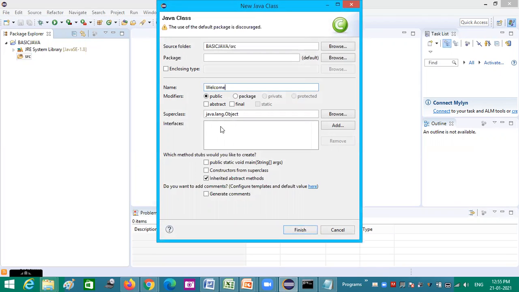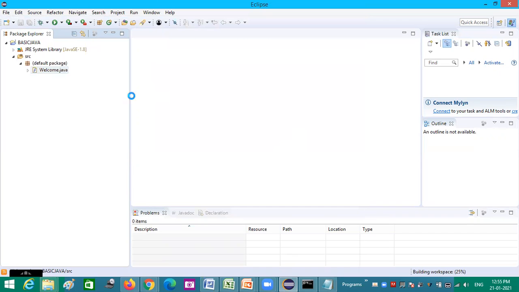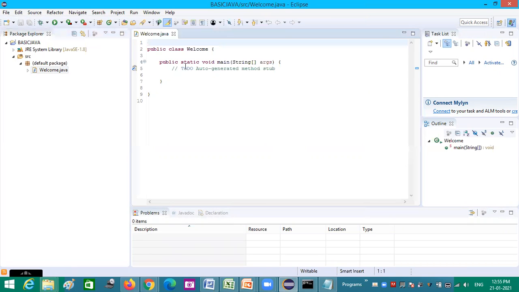And I need a main inside this, so I am clicking on public static void main and giving finish. I'll be explaining the remaining things in the forthcoming session. Automatically it creates a skeleton program. You could see here public class welcome, public static void main, everything included.